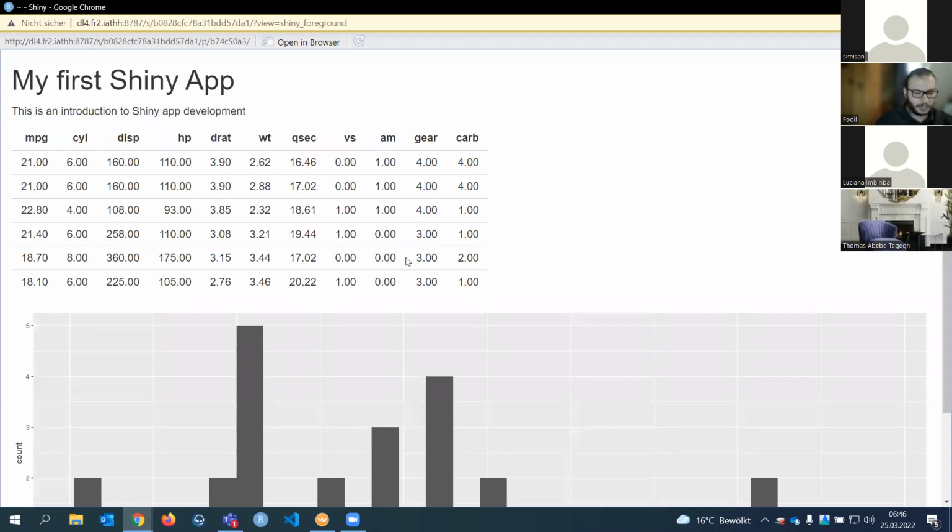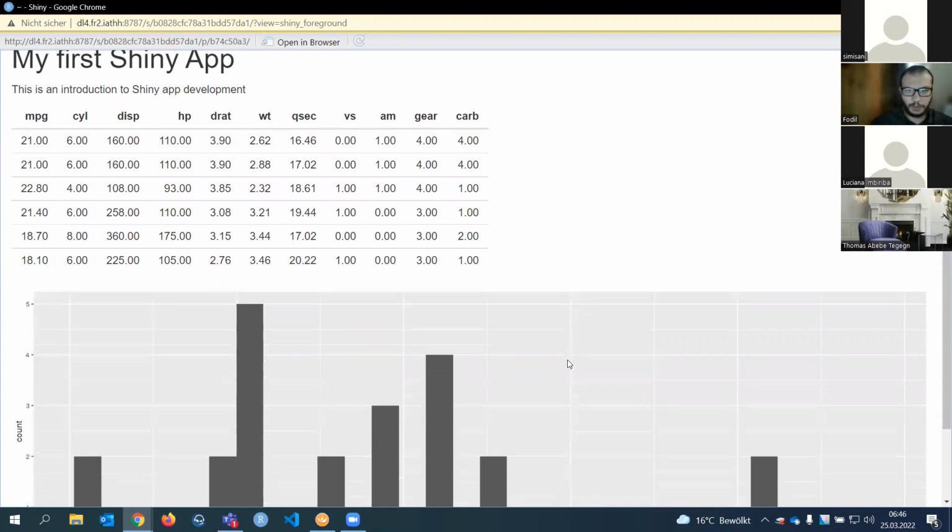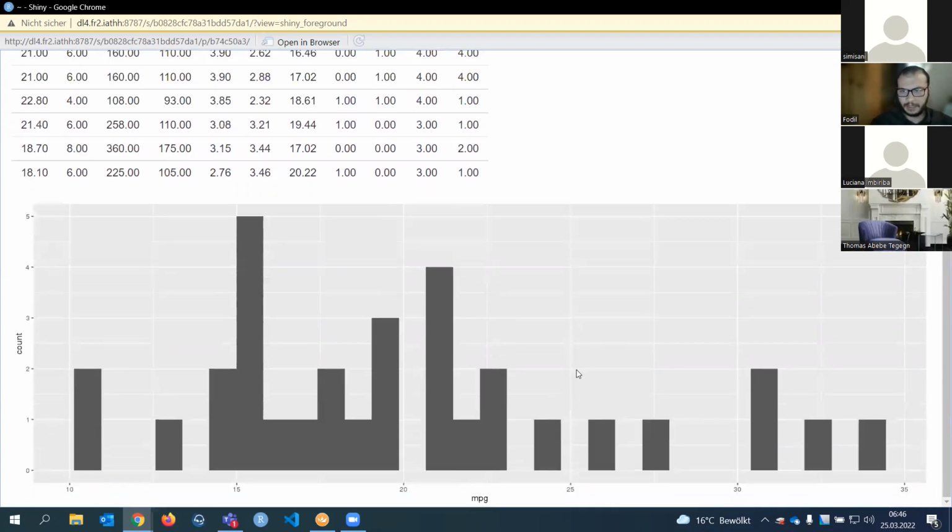We are using Shiny because we want to create behaviors. When a user clicks somewhere, something must happen. Let's start with a simple example. Let's say that we want to give our users the ability to choose the color of these bars here. It's black by default, a really silly feature, but let's say we want to give our users this ability, choose a color, be happy.